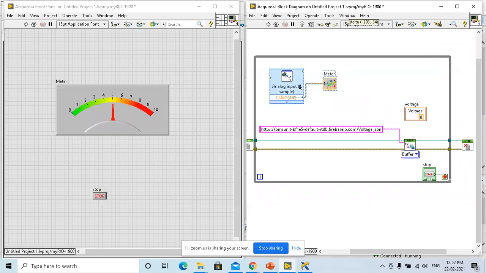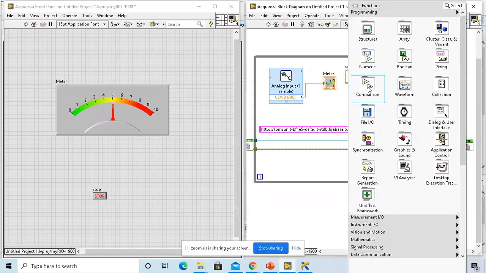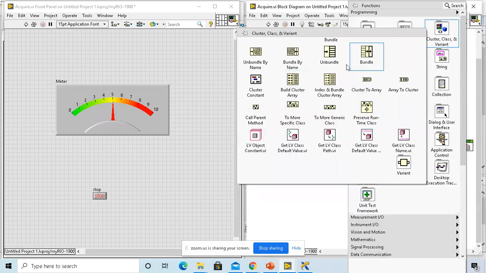The data from the hardware will be available here. We will convert the data from this format to this format by using certain functions available natively in LabVIEW.